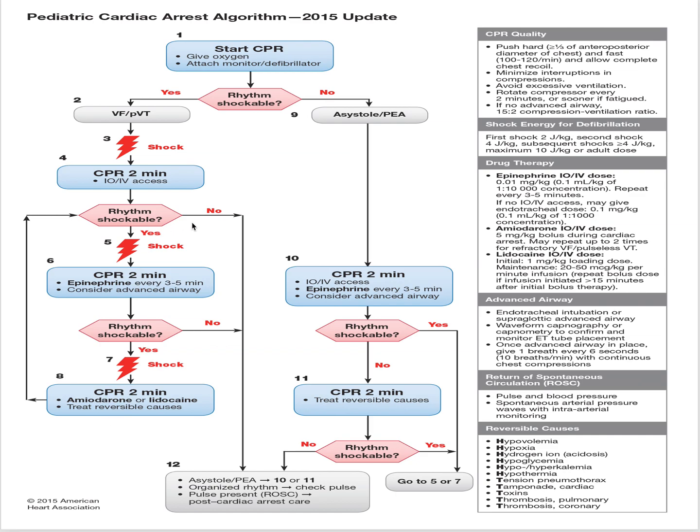as a maintenance drip dose. Now, if the patient then changes and goes out of a shock rhythm into something called asystole or PEA, we don't shock this anymore. We stop defibrillating if they're in asystole or PEA. Now, PEA is anything that is not ventricular tachycardia or ventricular fibrillation. So if it's an idioventricular, an agonal rhythm, an accelerated idioventricular, atrial fibrillation, sinus tachycardia, sinus brady, sinus rhythm, if it is not a shockable rhythm, VF or VT, you will follow the asystole or PEA algorithm. And that would mean that you would just continue with epinephrine doses and then consider the